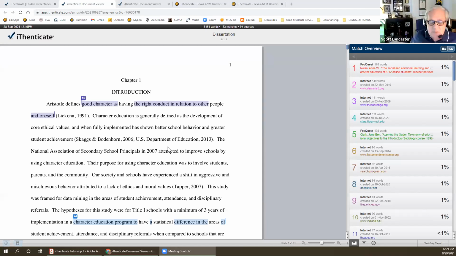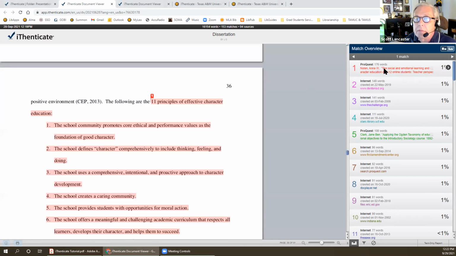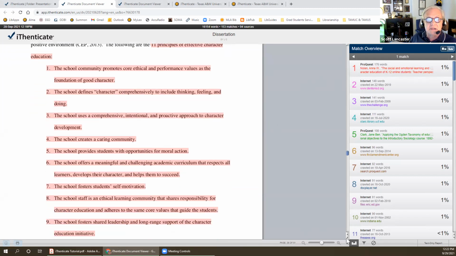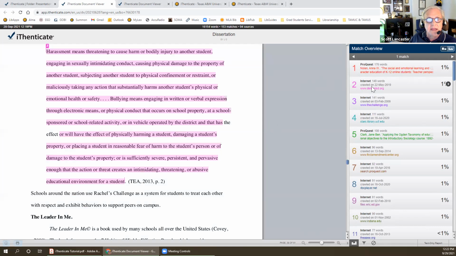Okay, this is what the report looks like. This is the one with 19%. What I would do if I were trying to make it smaller is start at the top and look here and decide, is this something I can change? If it's not, I go on to the next one and I get this long quote here. And again, I need to check, why is this not highlighted?